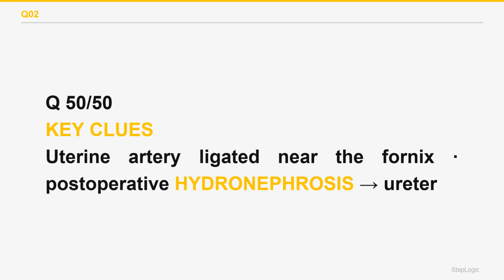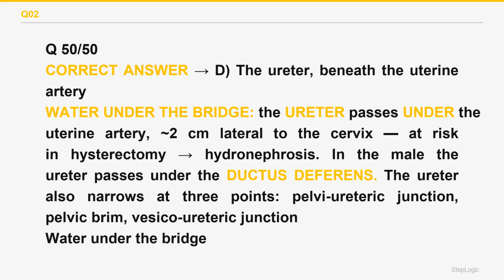The ureter passes beneath the uterine artery, approximately 2 centimeters lateral to the cervix, a relationship captured by the phrase water under the bridge, water being the ureter, and the bridge, the uterine artery. Because the two structures cross at that point, ligating or clamping the uterine artery during hysterectomy risks including the ureter, and obstruction produces postoperative hydronephrosis with flank pain and a rising creatinine. This is the single most commonly tested surgical relationship in pelvic anatomy. The correct answer is